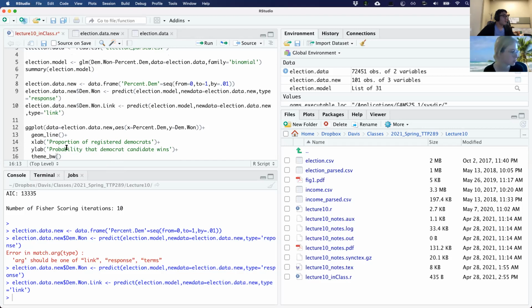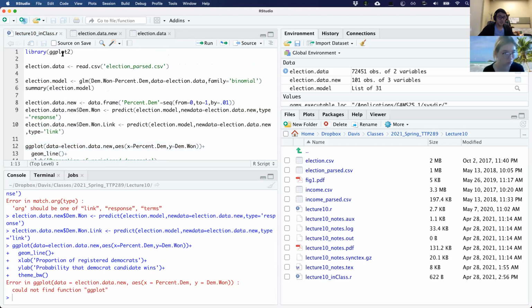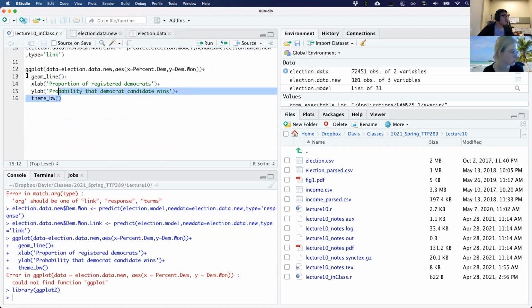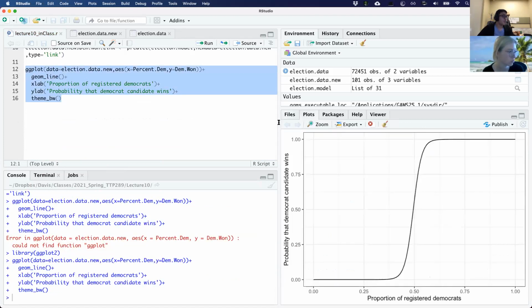Okay, so let's take a look at this. Oop, I need ggplot. Okay.